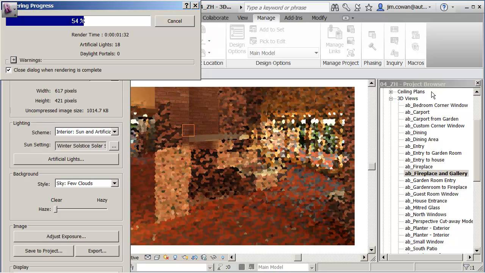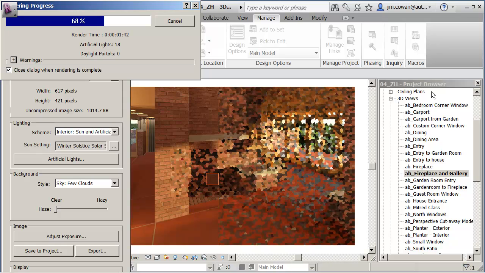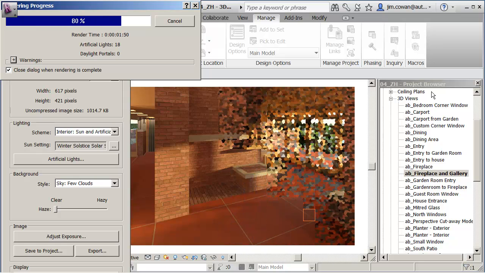And so what you're looking at the moment is actually real-time rendering. It's doing it as I speak. Now the options that exist are that you can save those images inside your project, you can save them out as separate images like individual JPEG files. A newer option is that you can do this rendering on the cloud,